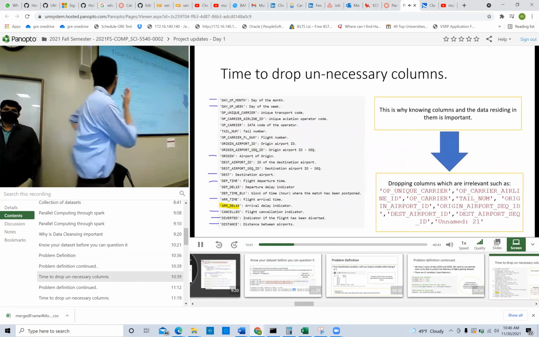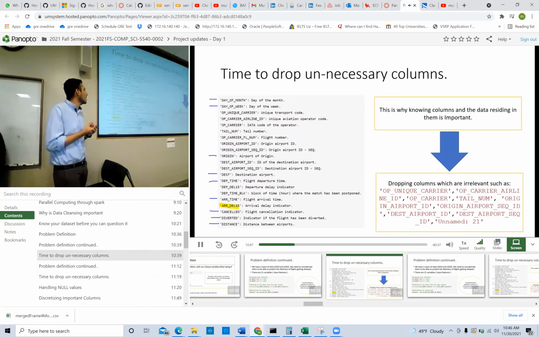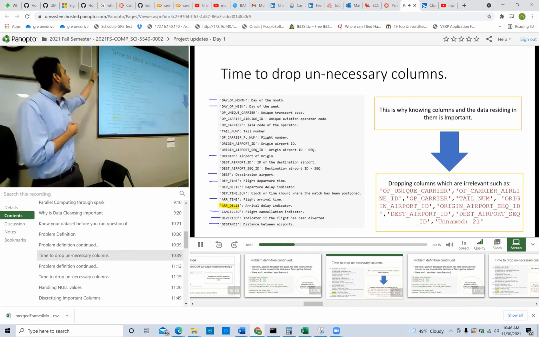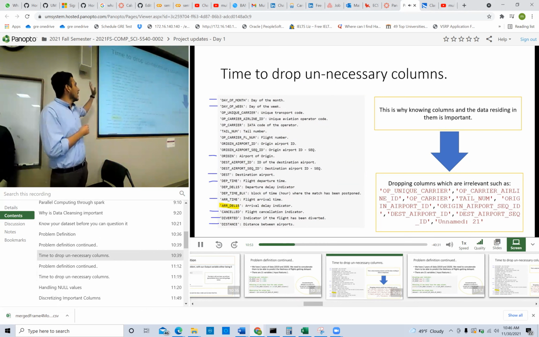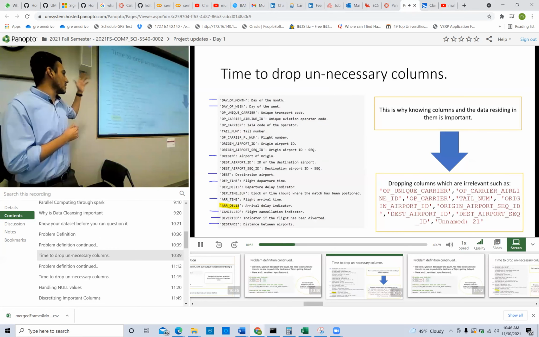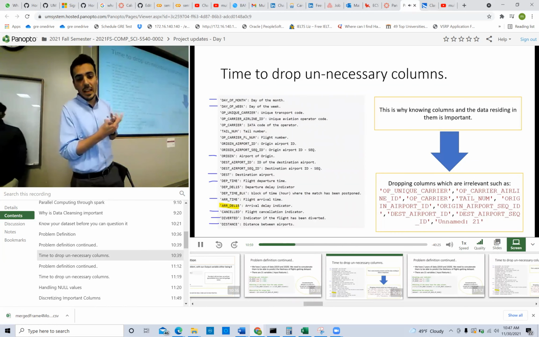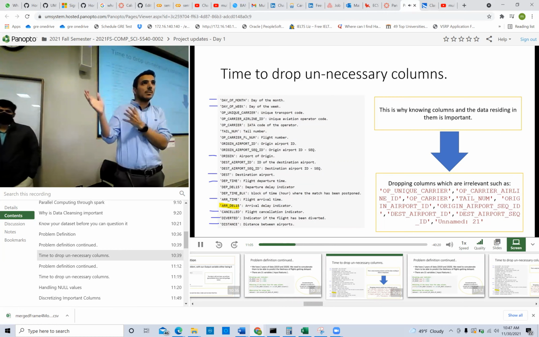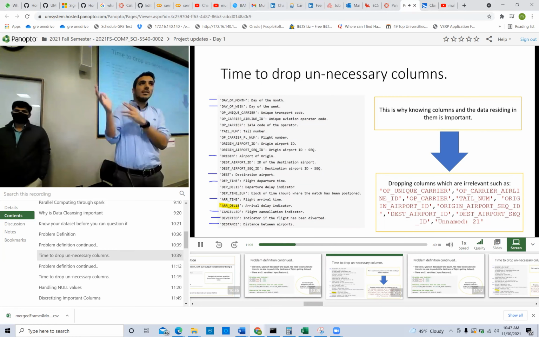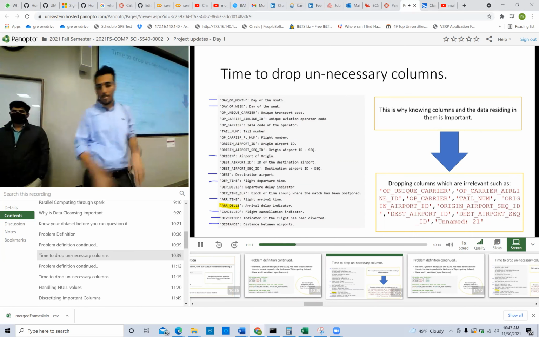These are a few column names mentioned from the flights dataset. We have day of the month, day of the week, and then origin airport. The marked ones are the ones important for our machine learning algorithm: origin, destination, the departure time, and then we had two variables, arrival delay and departure delay. Those were the output variables. If they're 1, that means the flight has got delayed, and if they are 0, that means the flight is on time.